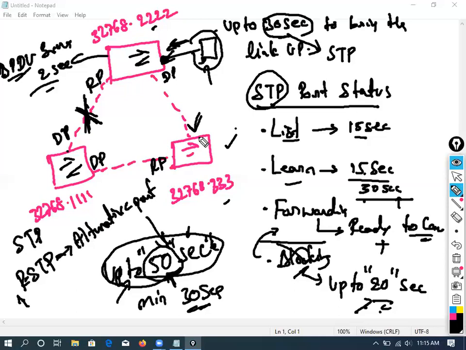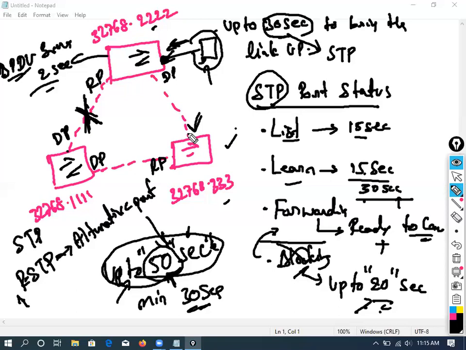Is it an extra port? No, how can you say extra port? It is not an extra port. It's considered a backup port. I have a backup link. If this primary is down, then I'm going to use this one. That's it, immediately. In STP it is blocking; when it comes to RSTP, we say alternate.